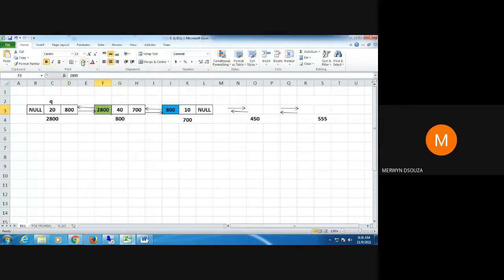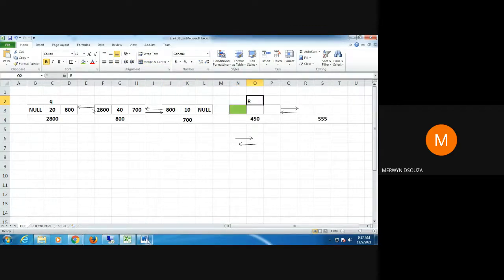I hope you have understood how we are shifting temp and why we need to shift temp. Because if temp is not present here, then it's a little bit difficult to get this value of the previous. So therefore we need to keep shifting temp. The logic of your append function is you are allocating memory pointed by some R. And before that, to get this previous value, you need some pointer present at this last node. This is your last node presently. Otherwise you can't get this 700 here into R, the previous part of R.